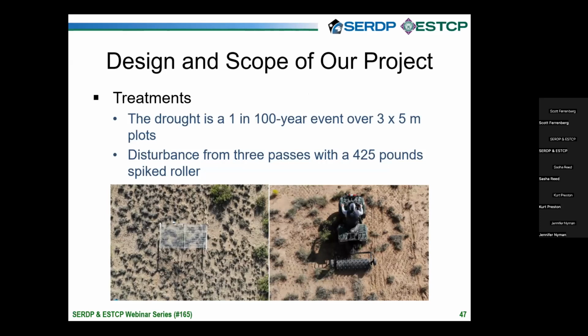And the disturbance, in order to keep it uniform and to mimic tracked vehicle traffic, was performed by 3 passes with a quad, pulling a 425-pound spike roller. Technically, that roller is a little heavier once we put in the weight of the bars and the wheels. So we see Sam Jordan driving across our plots, 3 equal passes across each. And in this picture, he's driving over a mesquite shrub. You can kind of see a shrub sticking out from under the quad wheels there. So we smash down all the vegetation regardless of size in the plots.